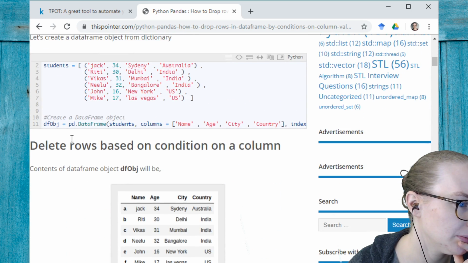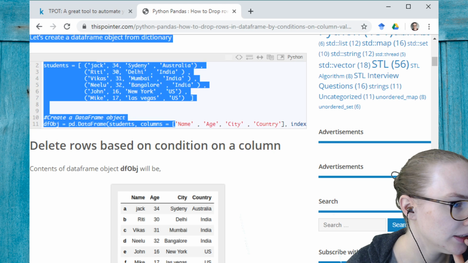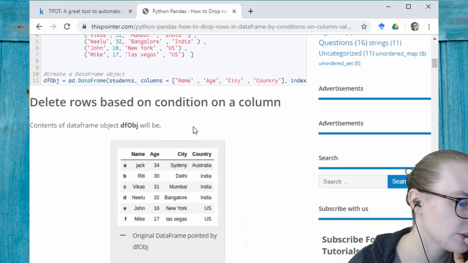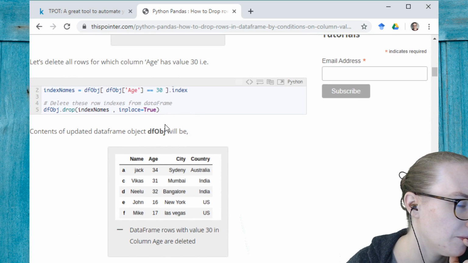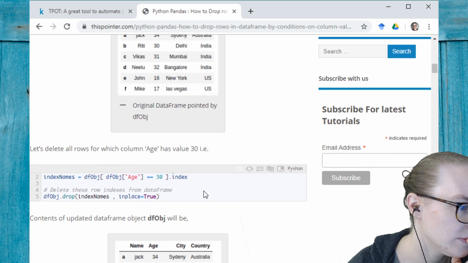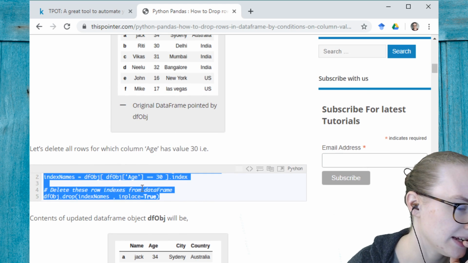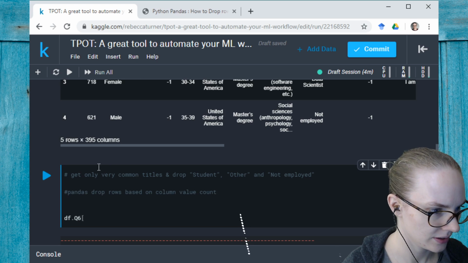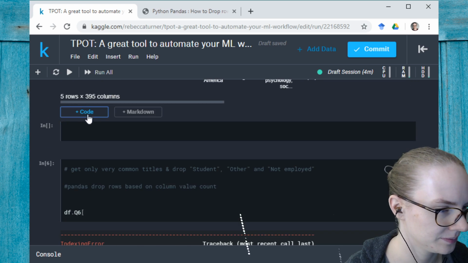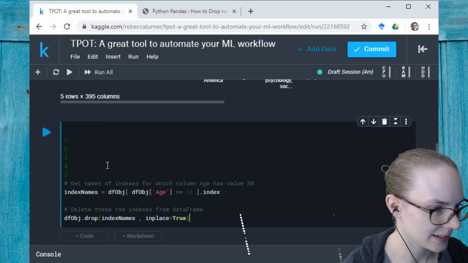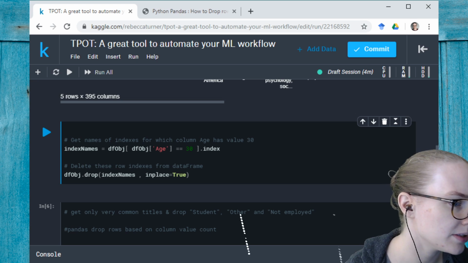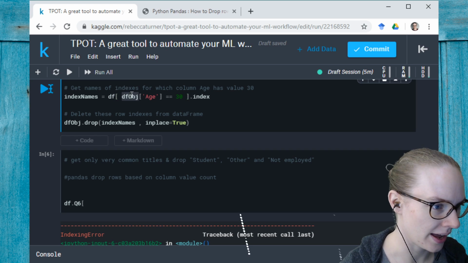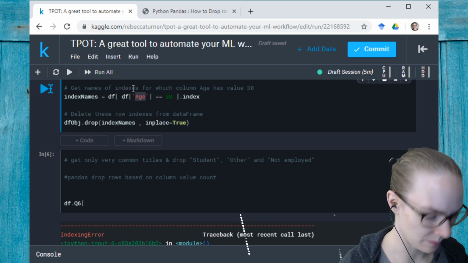Okay, so we can do it just by listing the names. No, okay, so this is creating a data frame object. Okay, so you need to get the index names and then use the index names to drop things. That seems fine. All right, so the index names here, and then in our data frame, we have our data frame where